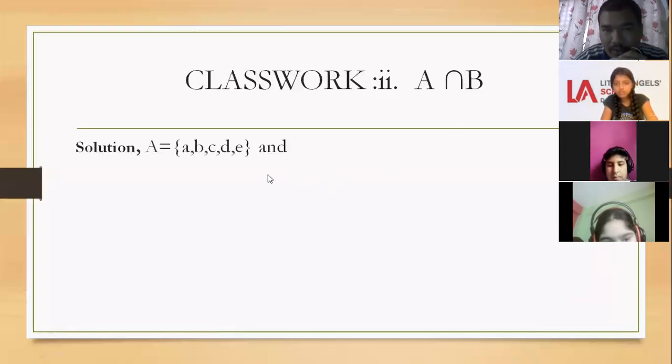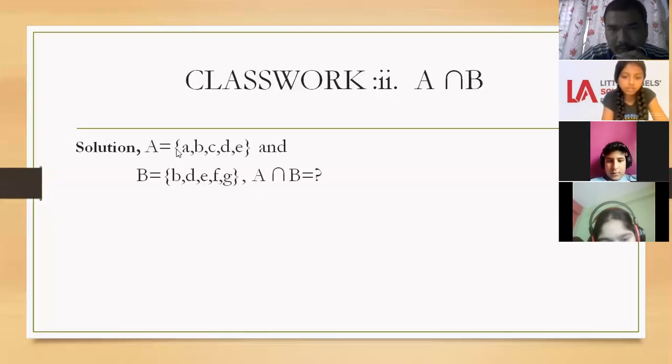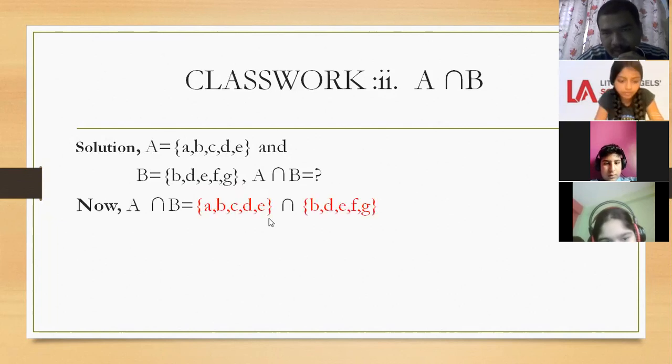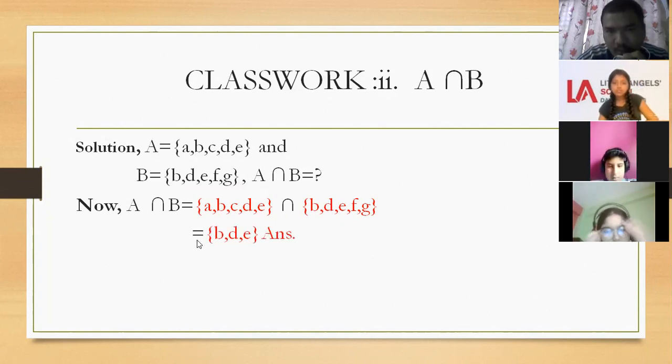And here, look here, I am going to show you. Here is given one question. A, number 1. Set A is A, B, C, D, E, and set B is B, D, E, F, G. Then the question is asking to find A intersection B. First of all, write the elements of set A, then write the elements of set B. And when you find the intersection, we have to write their common elements only.